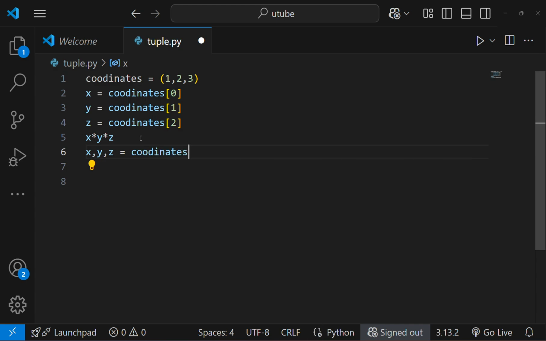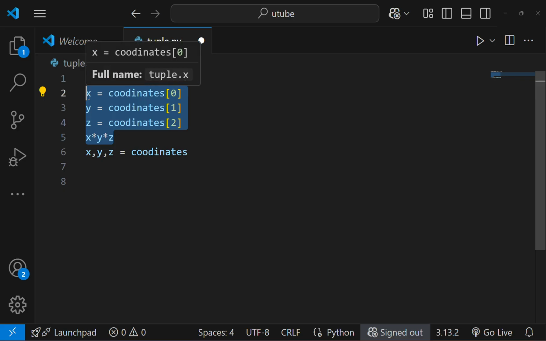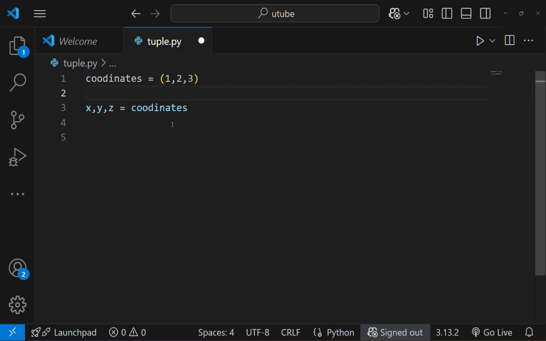So what we have on line 6 is exactly identical to what we have on lines 2 to 4, guys. It is exactly the same thing, but with less code. I will erase this one and explain how this works.